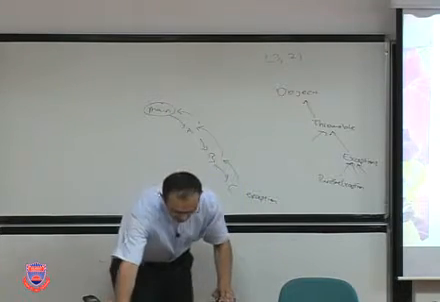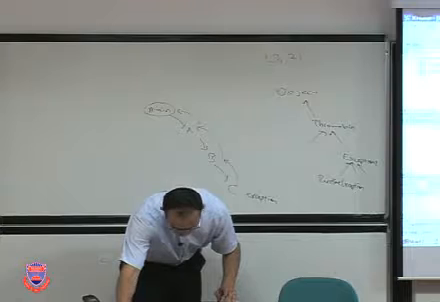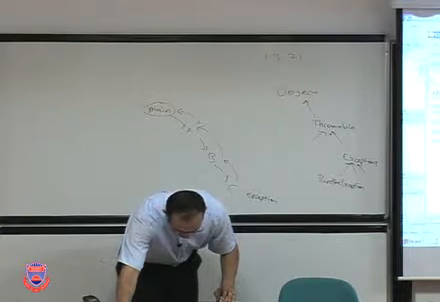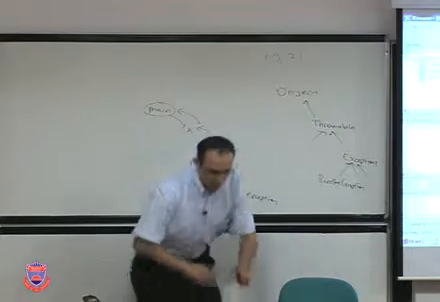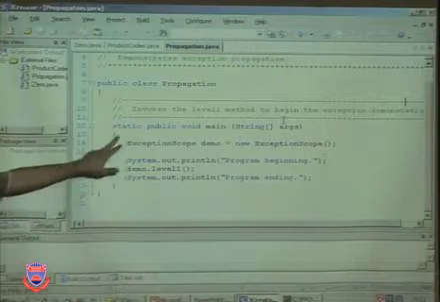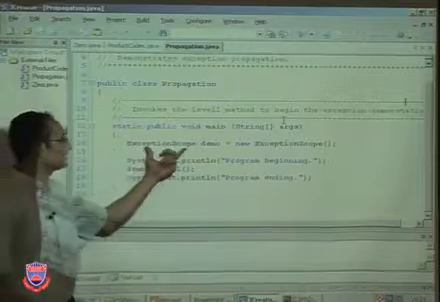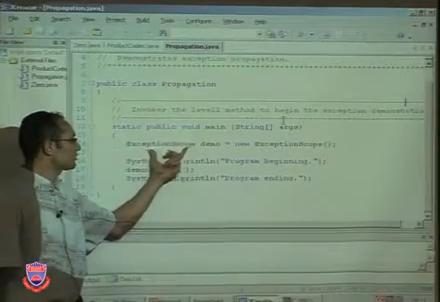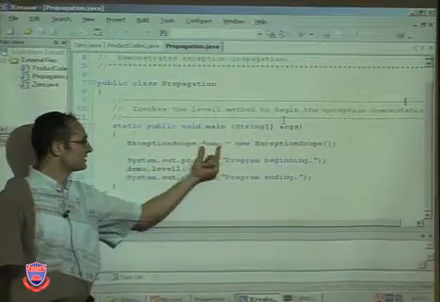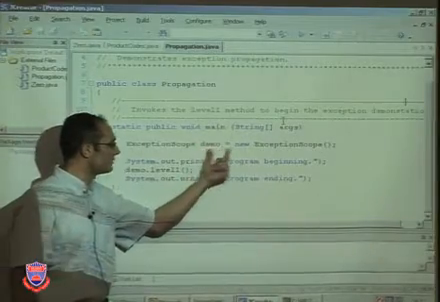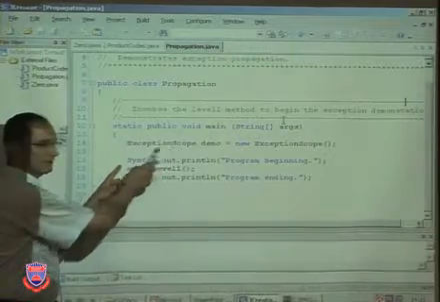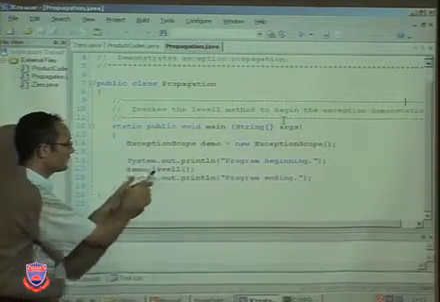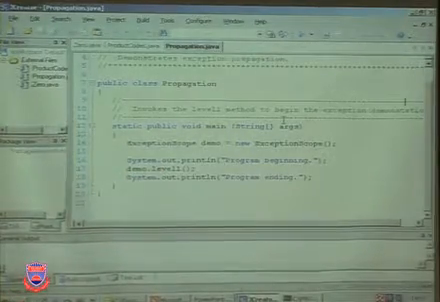So let me open up this example code, and this will make it more clear. So let's see. Propagation. So public class Propagation, and as you see, you have the main method which creates an ExceptionScope object, whose variable name is demo, and then you have new ExceptionScope, and after you create the object, it is basically calling demo.level1. Okay, so let's go open up that